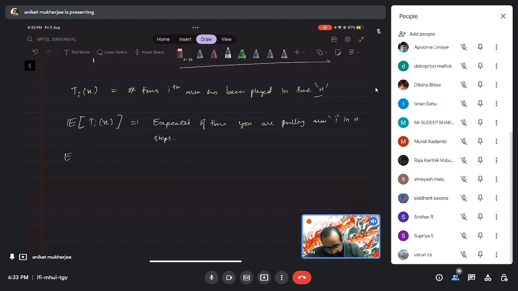Then you calculate the expected reward, which is given by the expectation of T_i(n) times delta_i, summed over i equal to 1 to 3. If the optimal arm is there, then its delta goes to 0. So these notations are clear, right? Okay, so now where did sir use S, L, and